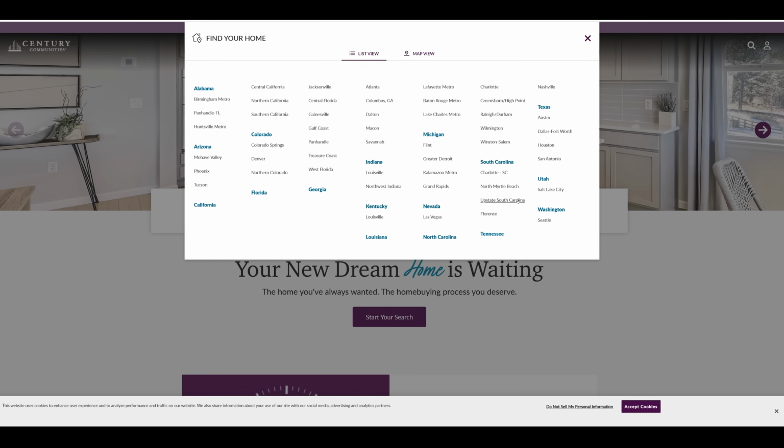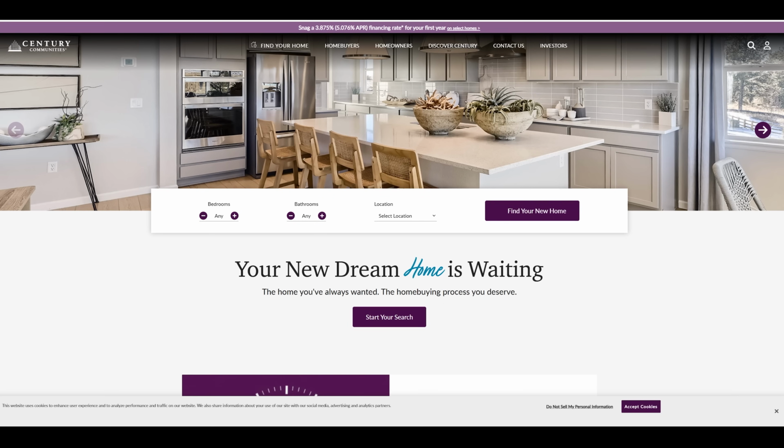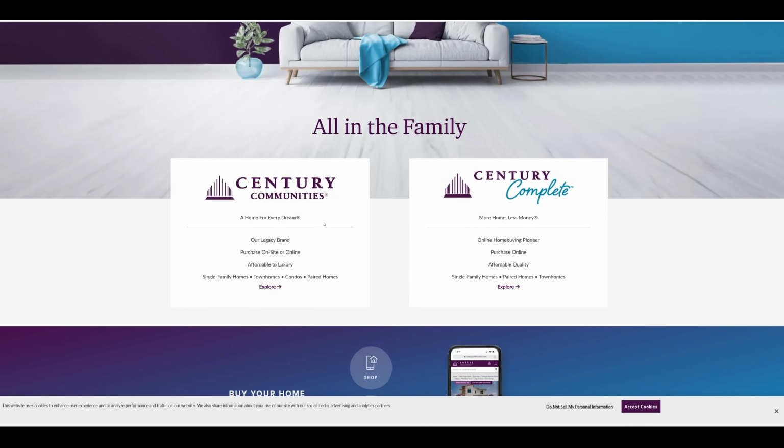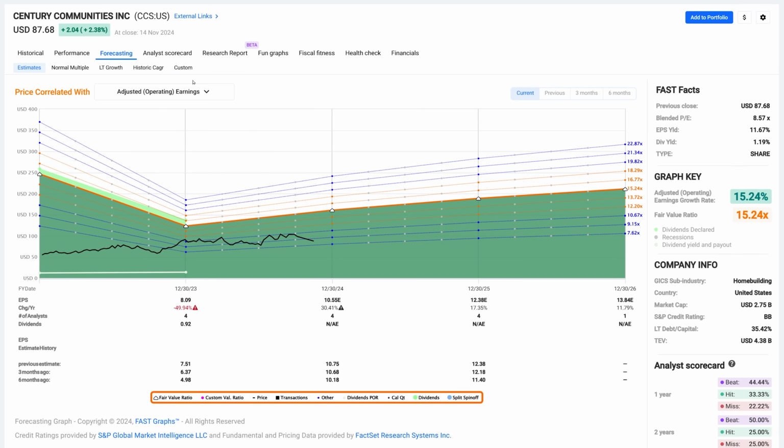They're doing business virtually all over the United States, the eastern. They have California, Alabama, Florida, Washington, Utah. So they build all over the United States, I guess you would say. And they pride themselves in saying that they're one of the most respected home builders in the country. Okay, so it's a home building stock, and there's some implicit risk there.